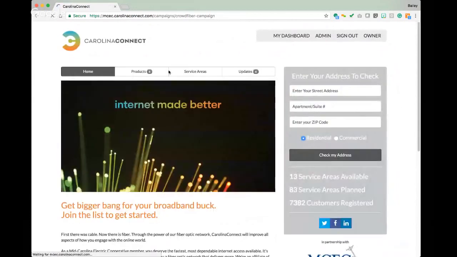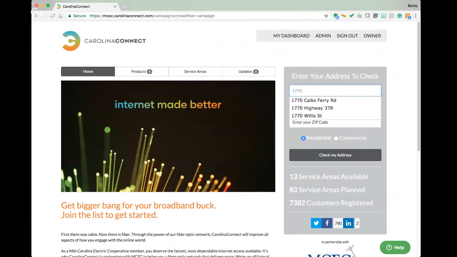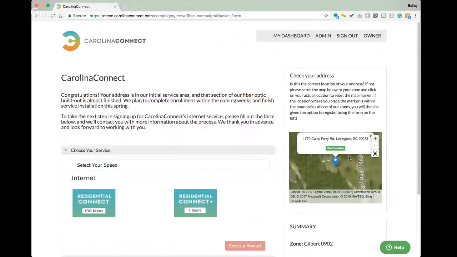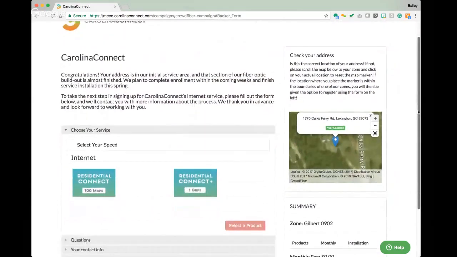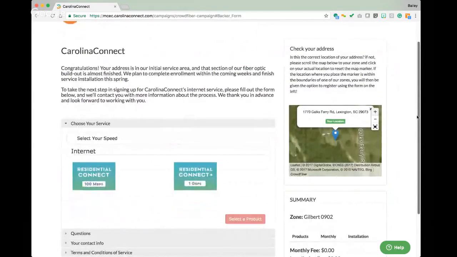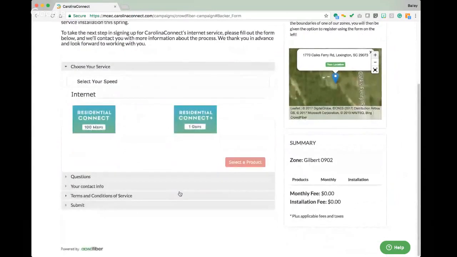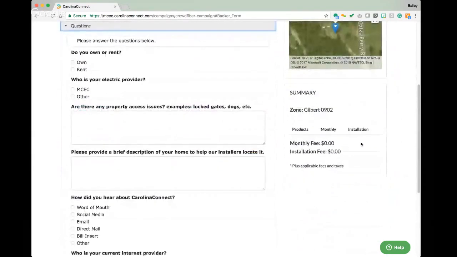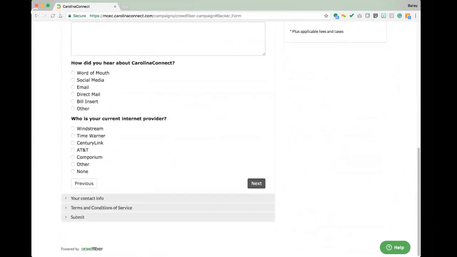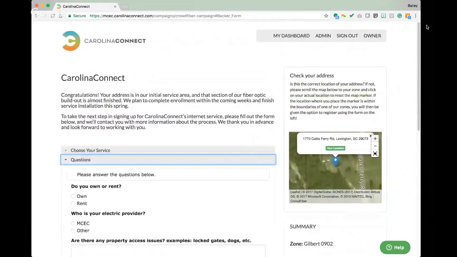Okay, so now let's try another address. We're going to look at an address where they actually have construction starting. So let's type this one in. Okay, so now you see a completely different presentation. Still in a zone. Both of these addresses are in zones that the customer specified, but this one lets you select products and answer many different questions, so they can truly identify your home and things like that. And it even has you sign a contract and that sort of stuff, all in this. I won't go through that process because it's a live system,